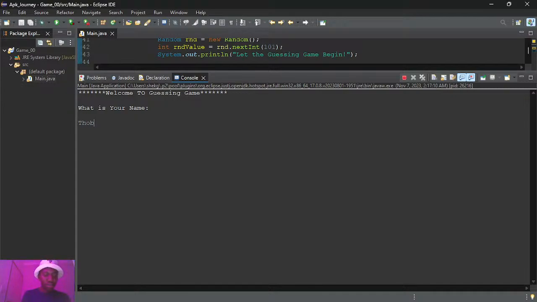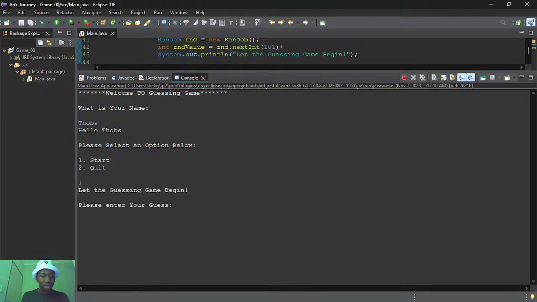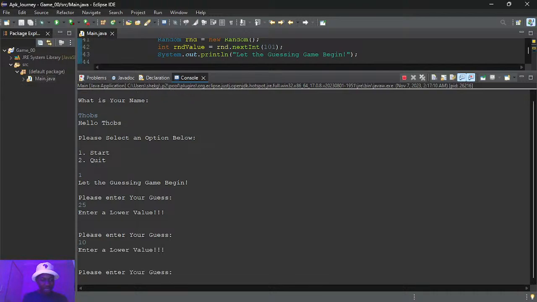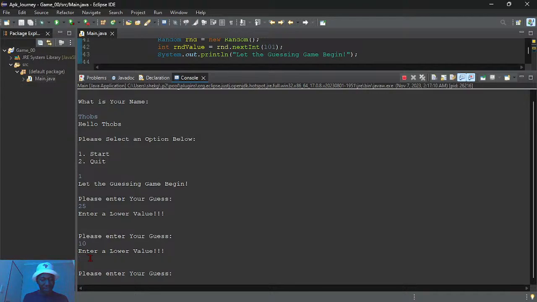So, tops 1, 1. Let the guessing game begin. Please enter your guess. Let me say 25. Enter a lower value. So enter a lower value. Let me say 10. Enter a lower what? Okay, now there's something wrong with this.